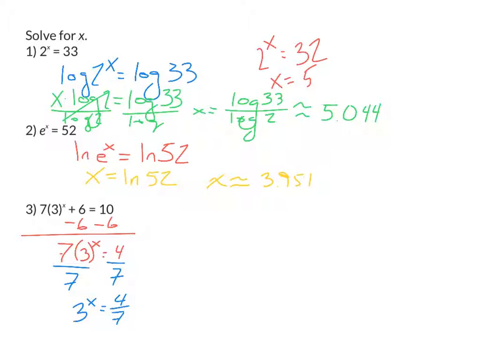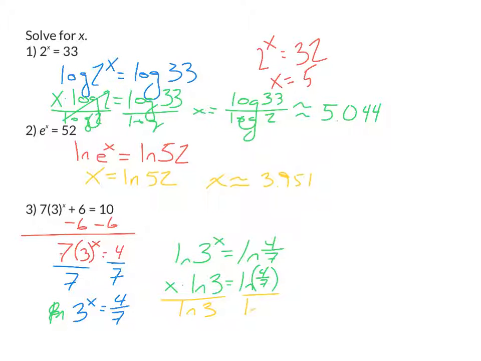Okay, so I'll just do the natural log of both sides this time. I'll rewrite it over here. So the natural log of 3 to the x equals the natural log of 4/7, which means I'm allowed to bring the x down. And so then it's a matter of just divide both sides by the natural log of 3. And so x is going to be whatever the natural log of 4/7 divided by the natural log of 3 is, which approximates to negative